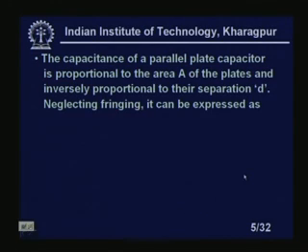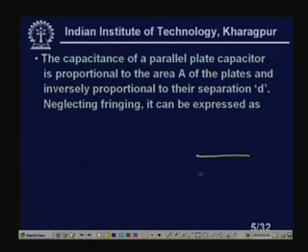If we explain, that means if you have two plates, suppose I have two plates, the field lines will be like this one, and at the ends, since the lines repel each other, they will not be straight, but will bulge like this one. This is called the fringing effect, and for the fringing effect you cannot get an exact mathematical expression, but if you neglect the fringing, then the mathematical expression of the capacitance looks like this.